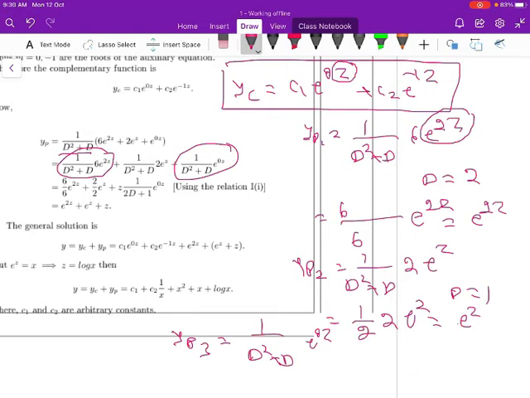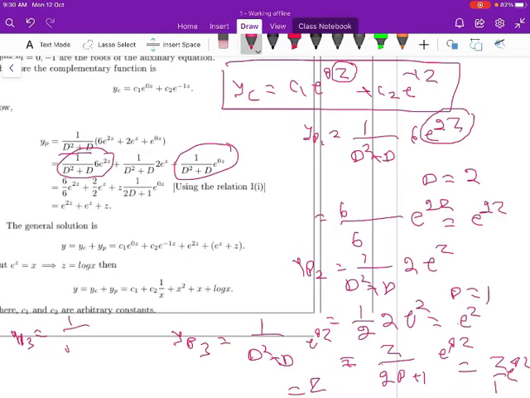Now you can observe here, when you take D equal to 0, the denominator goes to 0. So for that, what we can write is, multiply by z and differentiate the denominator. This is an easy way to solve the problem. So 1 by 2D plus 1, into e power 0z. Now we replace D by 0, z by 1 into e power 0z. So that is equal to z.